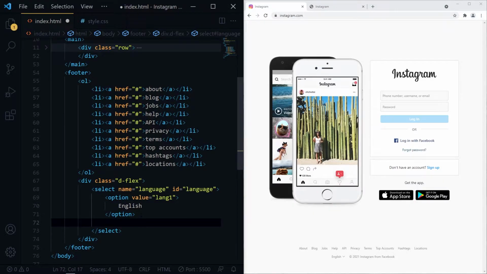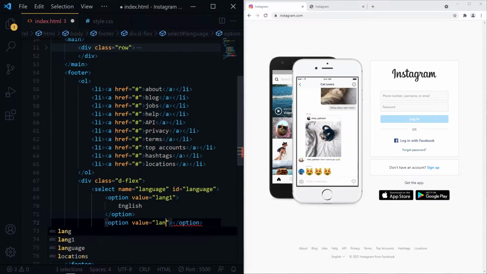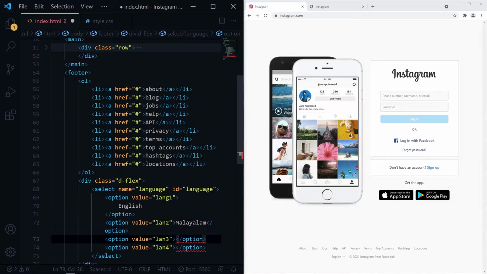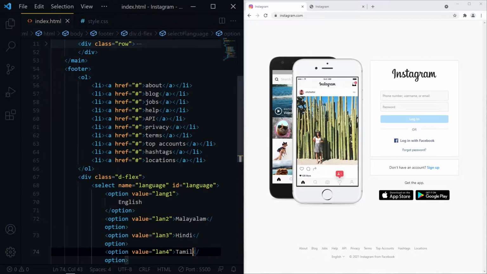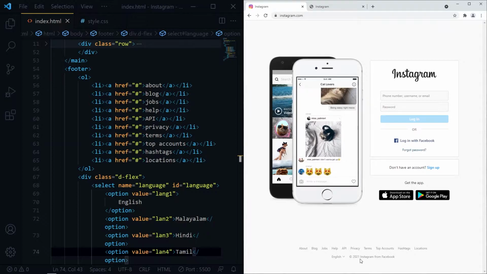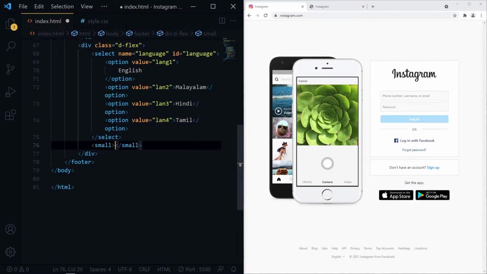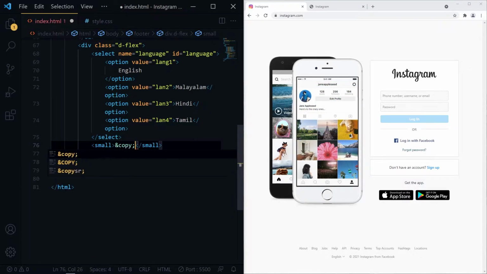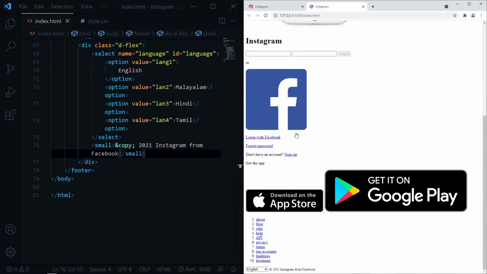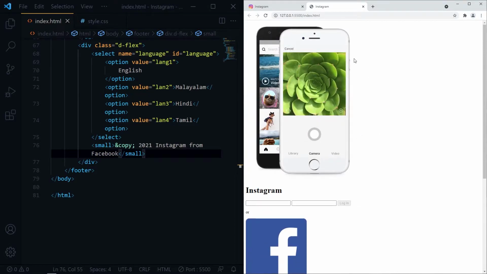Give some other options also. And for the plain text, I will use small tag. Our HTML is finished. Now we need to style this page.